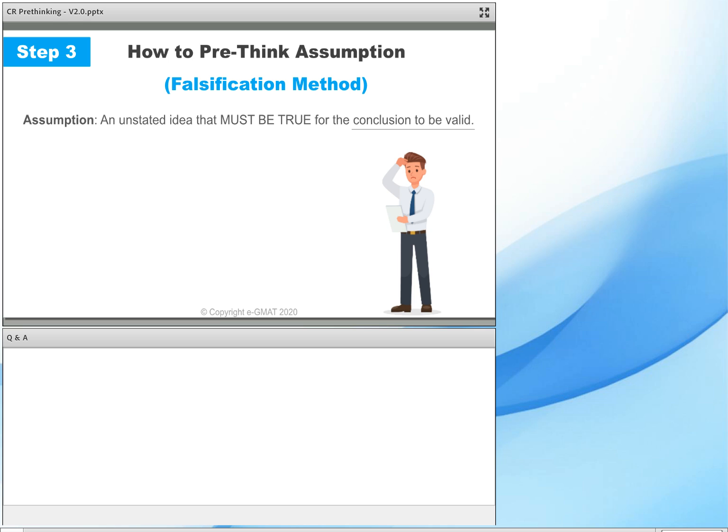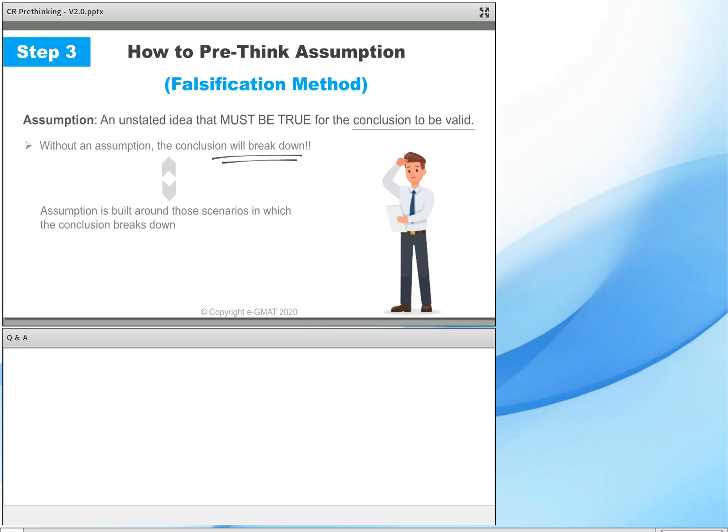An assumption is that unstated idea that must be true for the conclusion to be valid, which means it's like that essential pillar. Without the assumption, this conclusion will break down, which means that an assumption is built around the scenarios where the conclusion breaks down. Think about that essential pillar